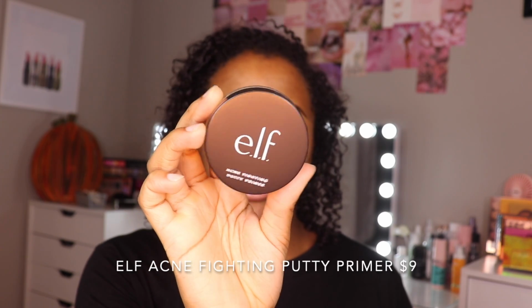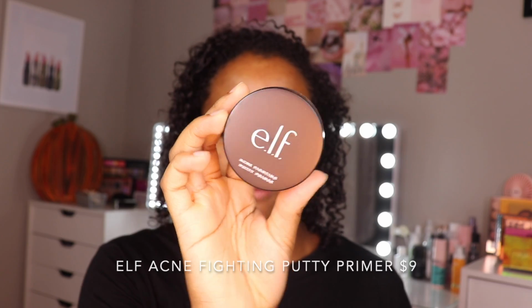Now we're going to go ahead and get into complexion. I have so many new products, I am super excited. For primer, we are going to be using the e.l.f. Acne Fighting Putty Primer, and usually I would use a hydrating primer and a pore filling primer, but I wanted to go ahead and use this on its own just so I can see how it does on its own